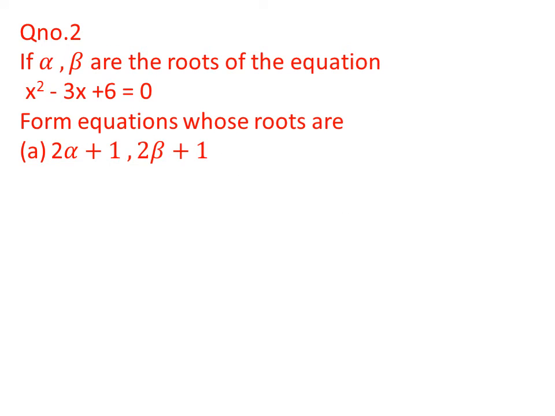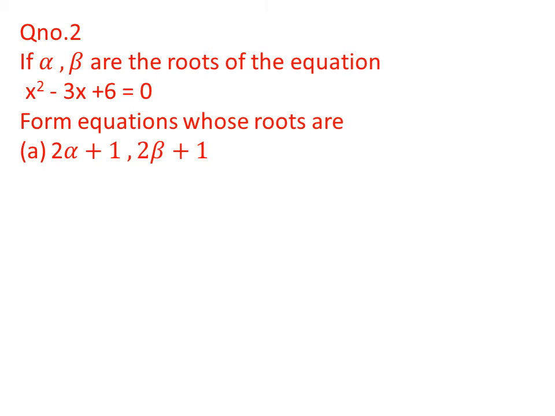Next is question number 2. If alpha beta are the roots of the equation x square minus 3x plus 6 equal to 0, then we have to find an equation whose roots are 2 alpha plus 1 and 2 beta plus 1. So we have to find an equation whose roots are given as 2 alpha plus 1 and 2 beta plus 1. First of all, we will take the given equation and we have to find the sum and product